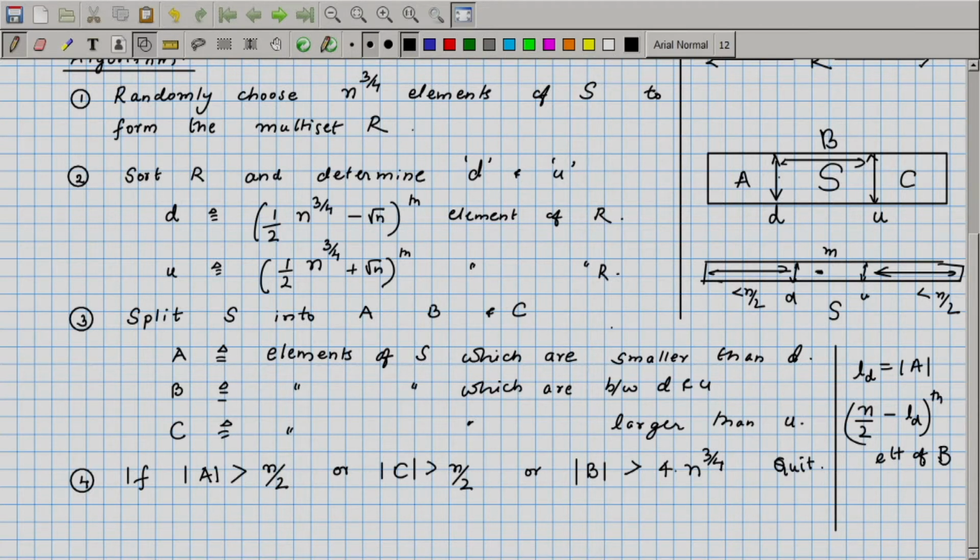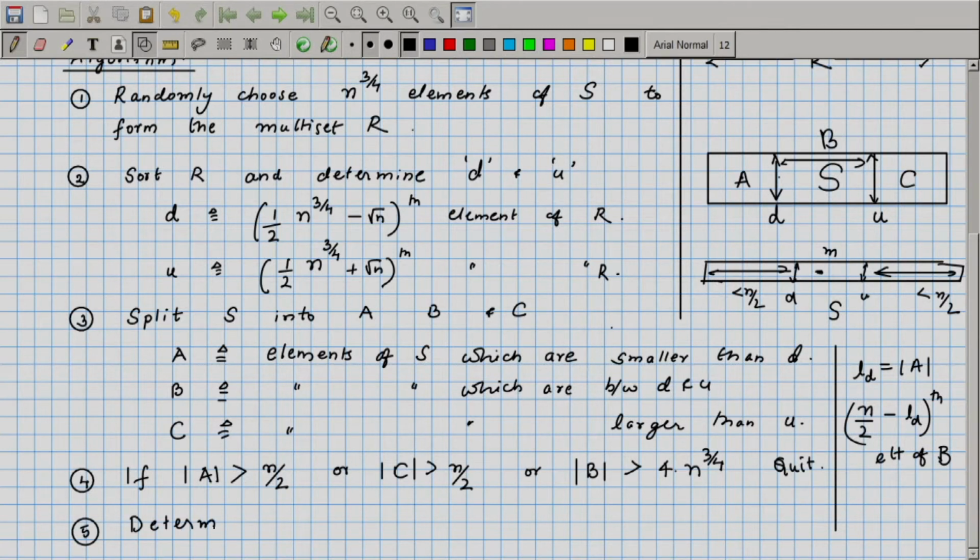The elements in A are already known to be smaller than the median, and they are all smaller than D. So, D's position is LD. Now, what we are interested in is the n by 2nd element, the middle element in the entire array. That can be determined by going n by 2 minus LD, the element at that position in the array B. So, I will just write this as